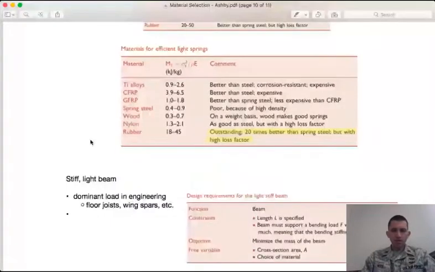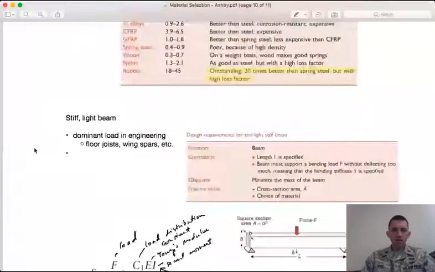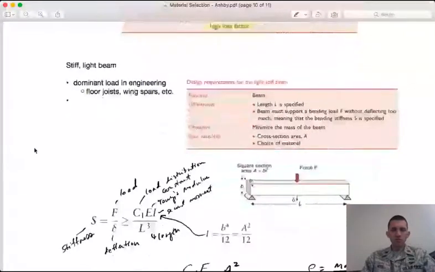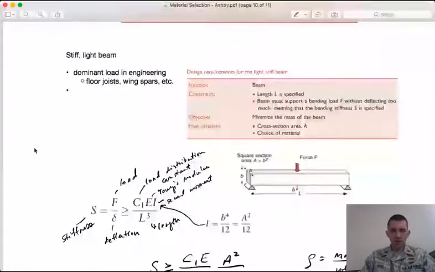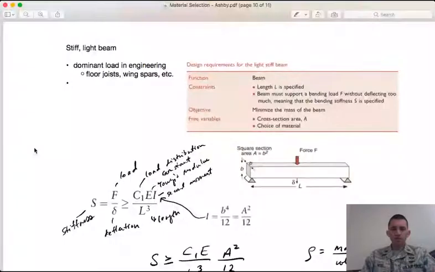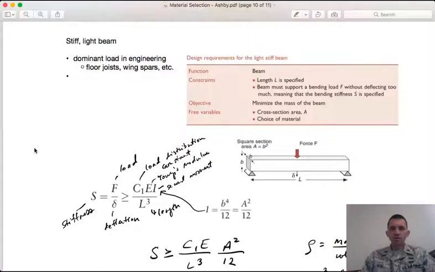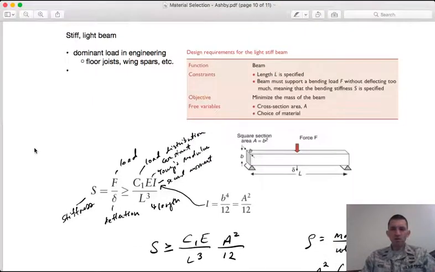Okay, so this is running a bit long. This is kind of two lessons in one, so I guess that's maybe okay. The last example I have is for a beam. So we're looking for a stiff, light beam. This is a very common application for, say, floor joists or wing spars. Here we're looking at just a rectangular cross-section, so you can certainly have more exotic geometries, but here we're just trying to keep it simple to